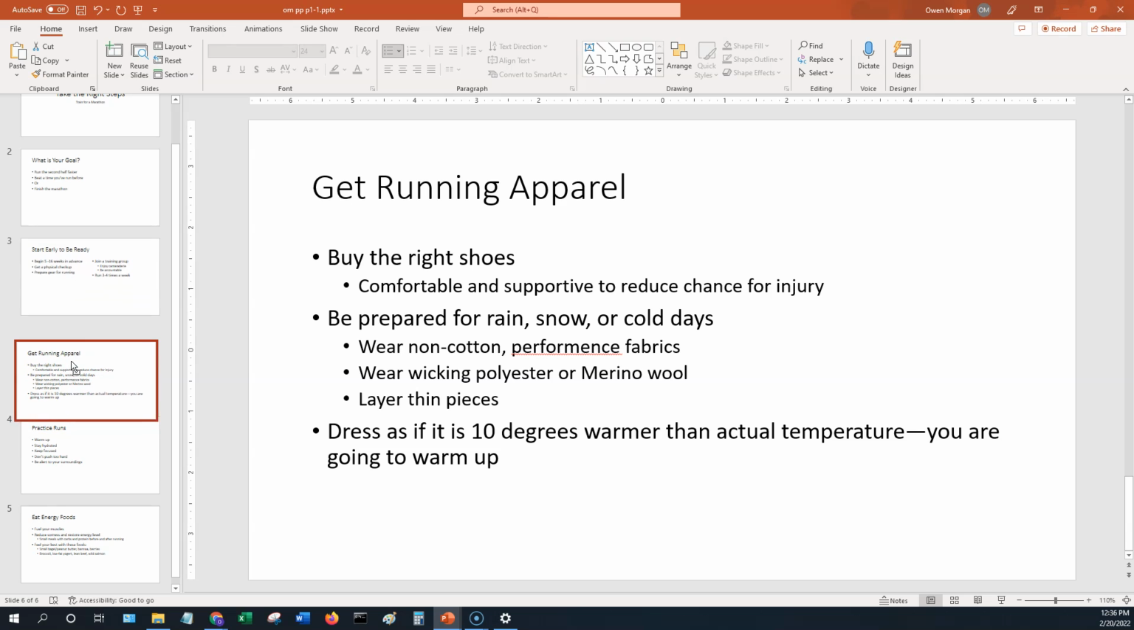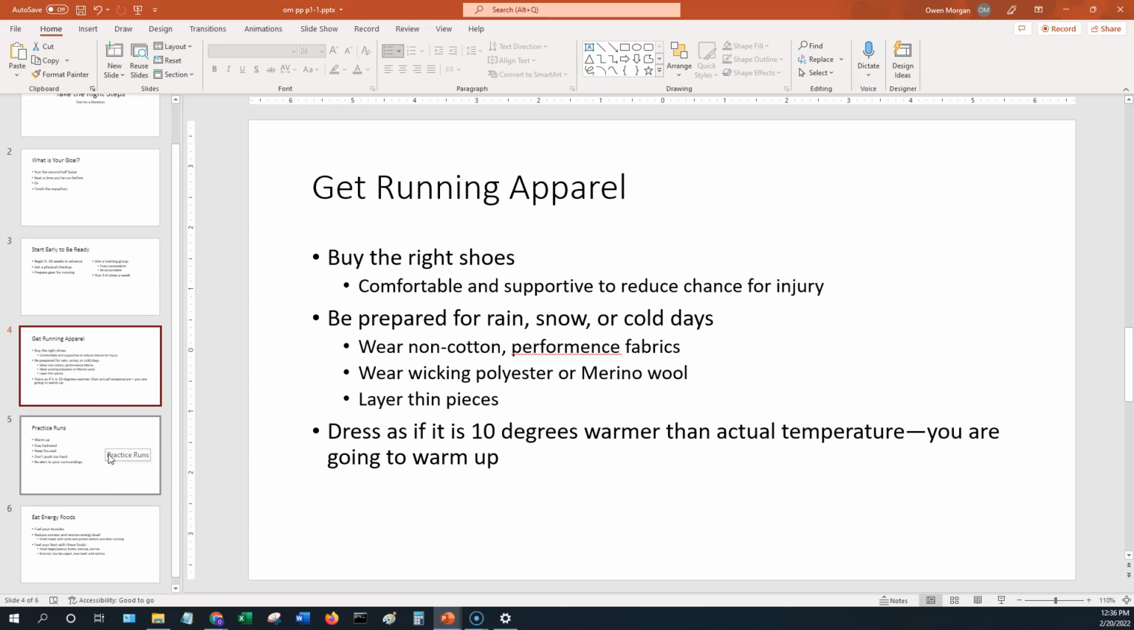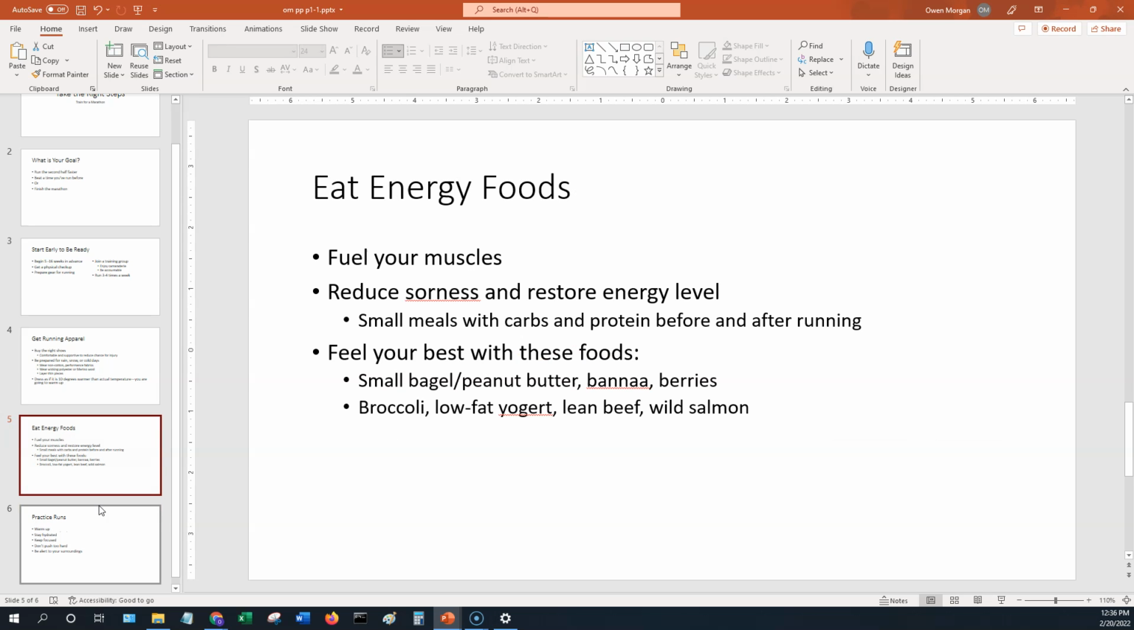Actually under, and then eat energy foods. Click and grab that and move that up once with practice runs on the last or on the end of